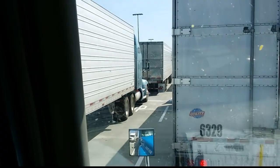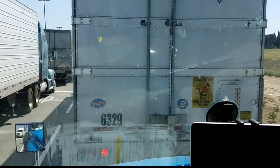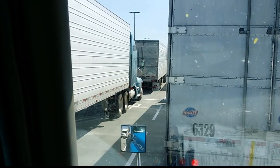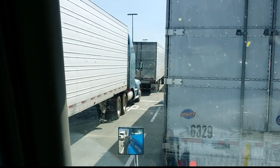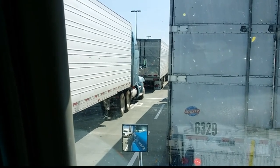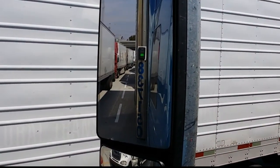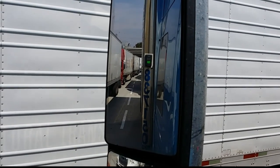So now you can see that I'm waiting in line at the warehouse where I'm picking the load up. They've got 2 lines here, and this big wide driveway, and things keep moving forward. The line's not moving super fast, but it's moving. What's amazing is how many trucks have come in behind me since I've been sitting in line. There's just a steady stream of trucks